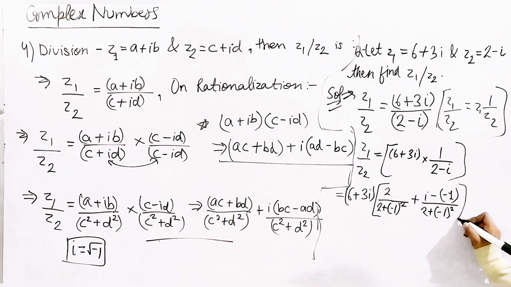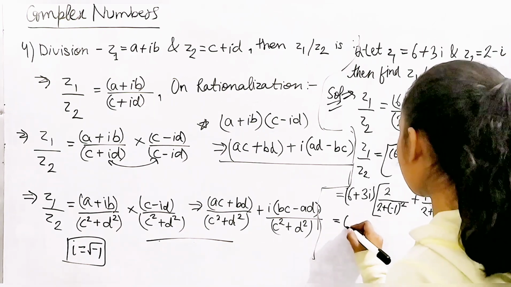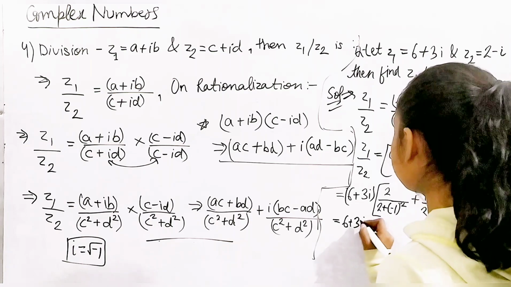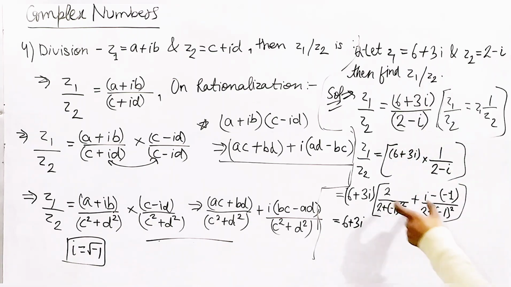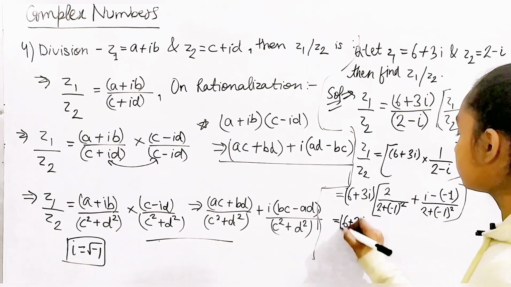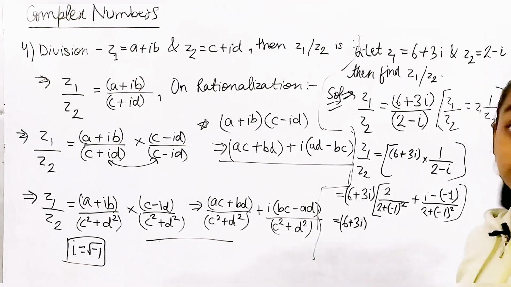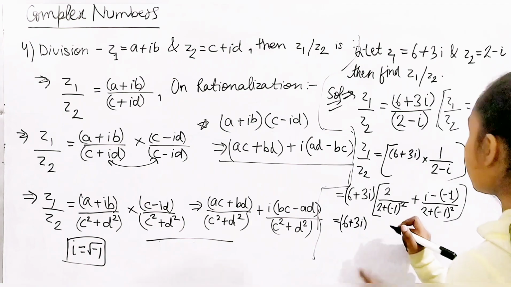And I hope every step is clear to you. Okay, so from this step, everything has become clear to us. So it's really easy now. So what is it going to be? 6 plus 3 iota. And this 2 plus iota minus negative 1. So in this case, what are we going to get? Let me tell you, it's actually going to be really easy. So it is going to be